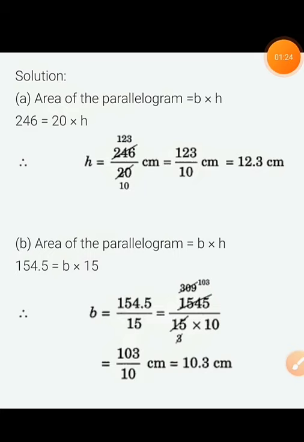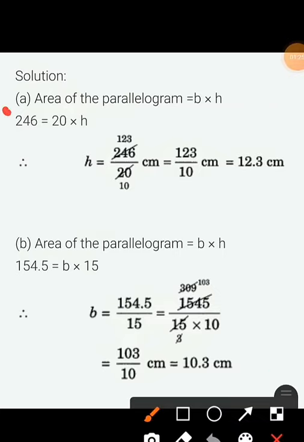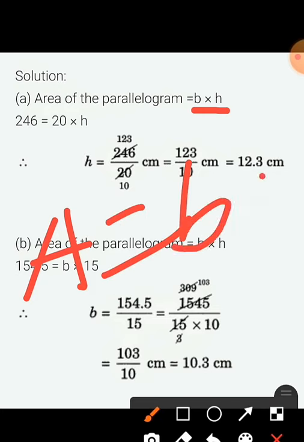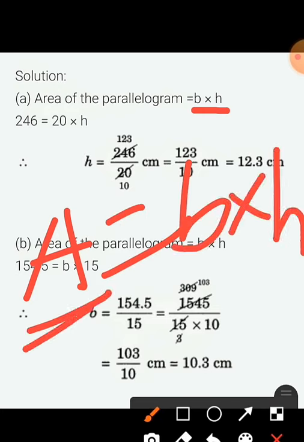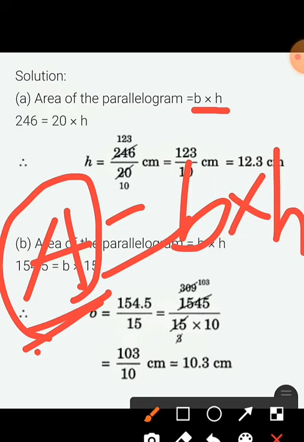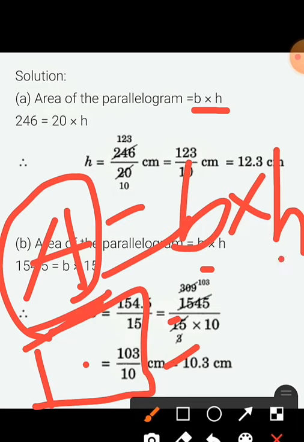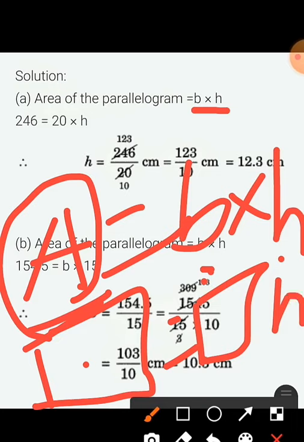So this is the solution part of first one. Okay, so we will apply the formula and we will solve all the sums like this one by one. Area of parallelogram formula is base into height. So area of parallelogram equal to base into height. So area is given, A equal to B into H, base into height. Now area is given, ये value हमको दी है area. So this side we will keep its value. Area की value हम यहाँ रखेंगे and here out of base and height, okay, base is given, so we will keep base value and height we will keep it as it is, and just like equation we will solve it.